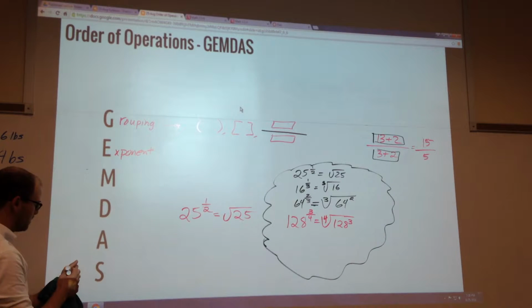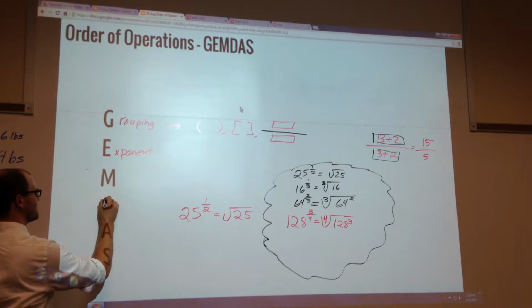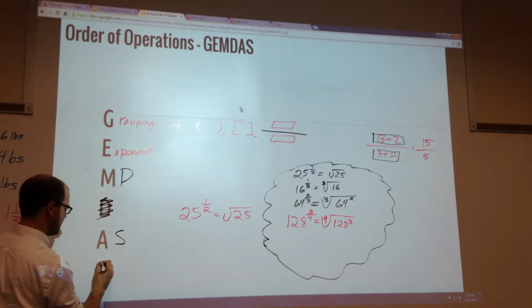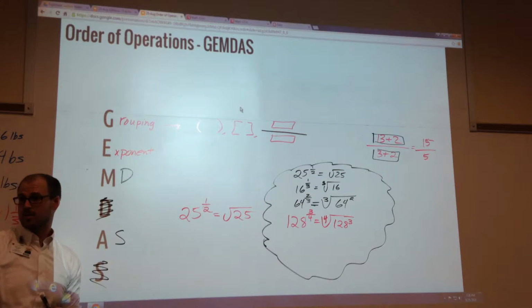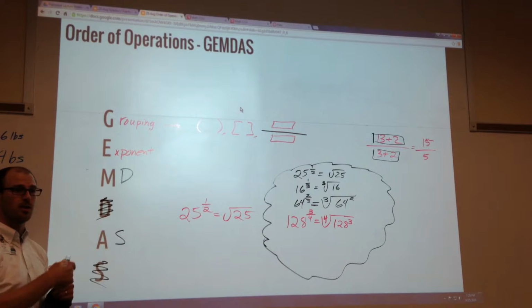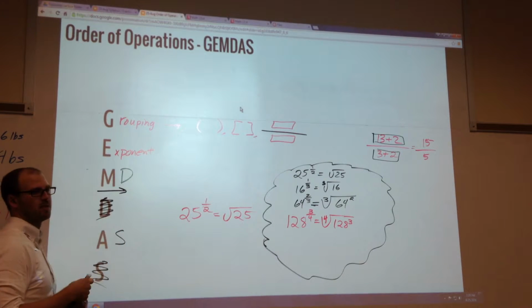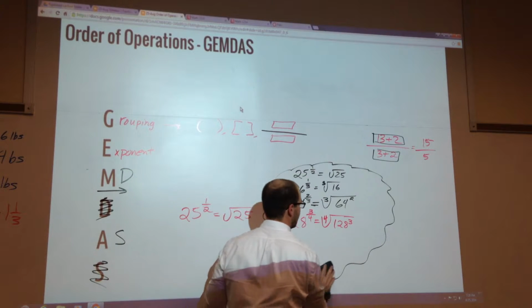Now what's the M? Multiplication. Oh, I just made a big typo on this. I'm so sorry, guys. This is set up a little incorrectly. My bad. It should be MD and AS. Why is that? Anyone remember? Yes, you do it at the same time. It's just whichever one comes first. You read it left to right, and you multiply and divide at the same time. What I mean by that, or not at the same time, but at the same step. What I mean by that is,